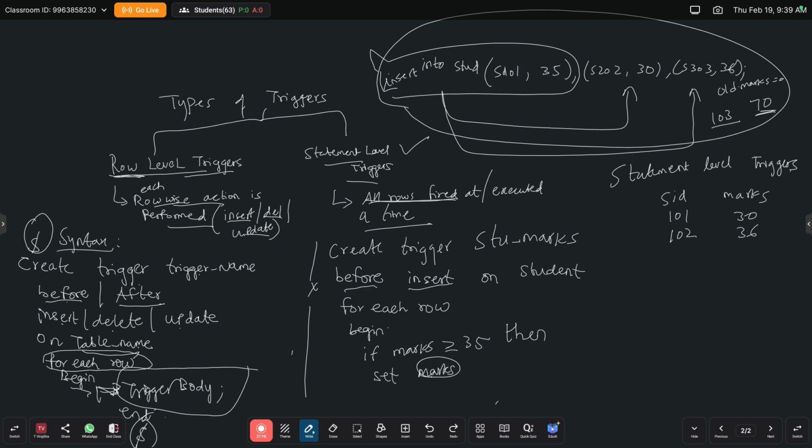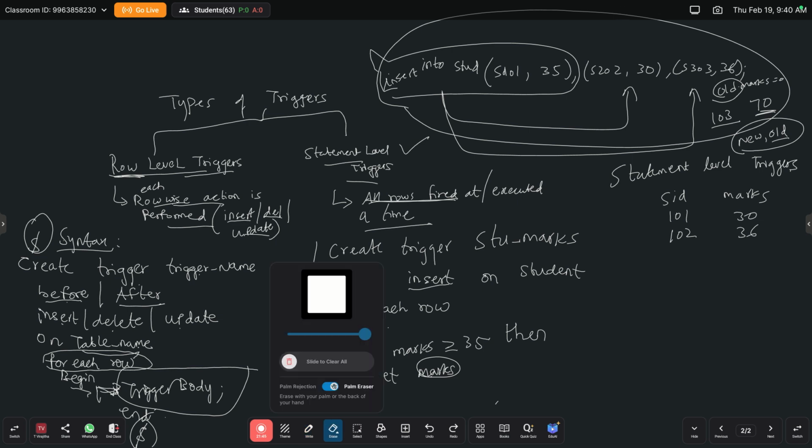Here again you will have two keywords, that is new and old. Old is the value that is already there. That old value you need to replace with the new value, that is 70 marks. Using these two keywords, new and old, now old dot marks equals to 0.